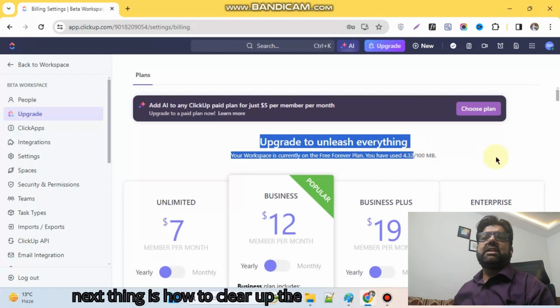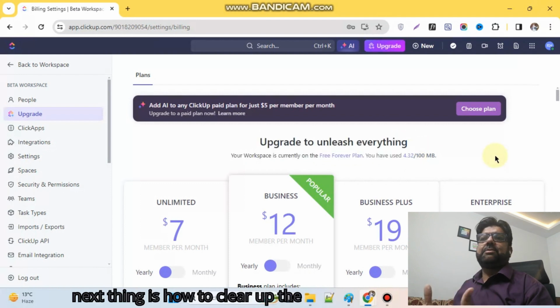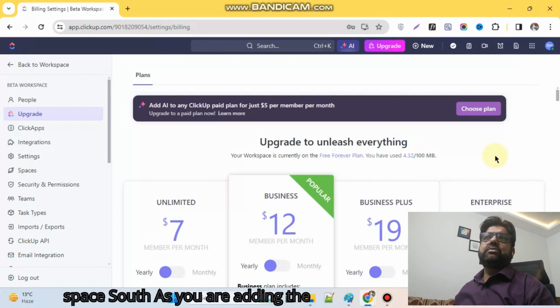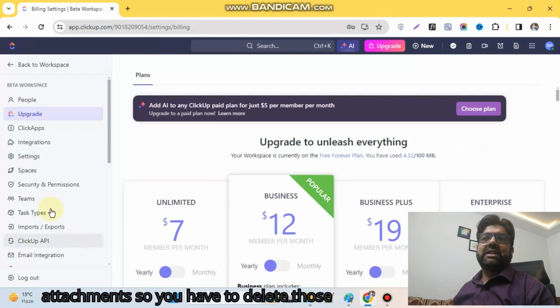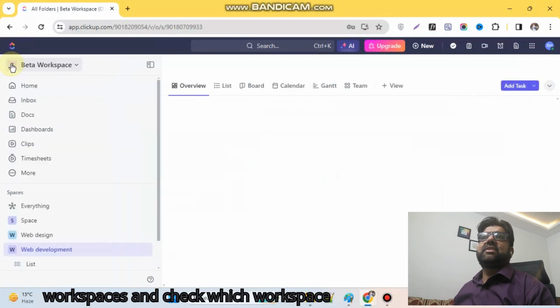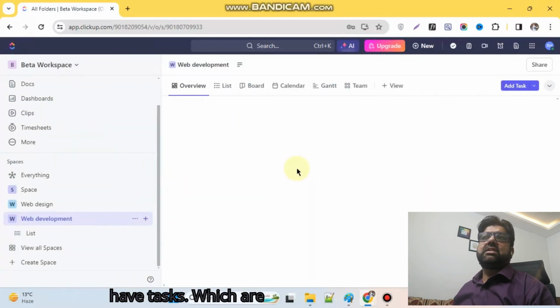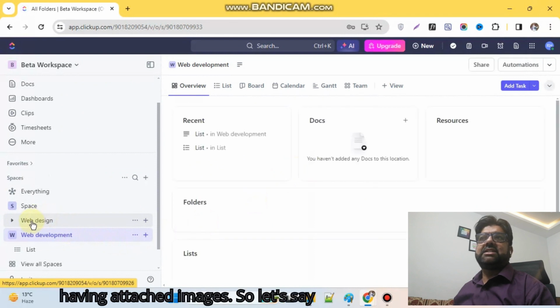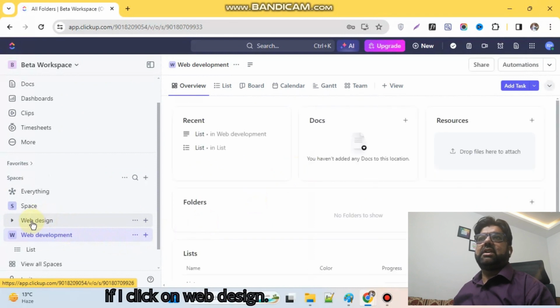So the next thing is how to clear up the space. As you are adding attachments, you have to delete those attachments. So you have to go to your workspaces and check which workspace has tasks which have attached images. So let's say if I click on web design,